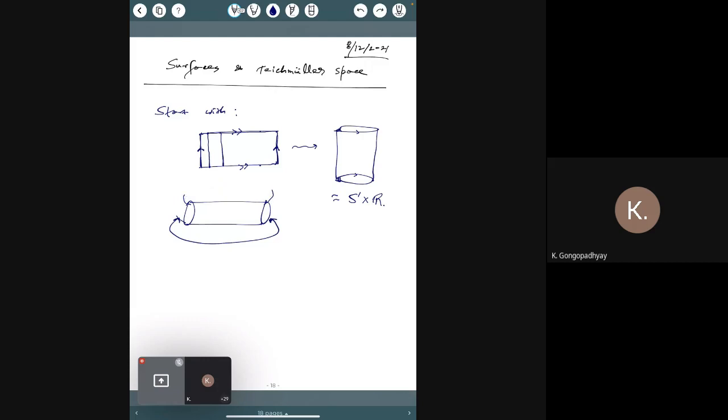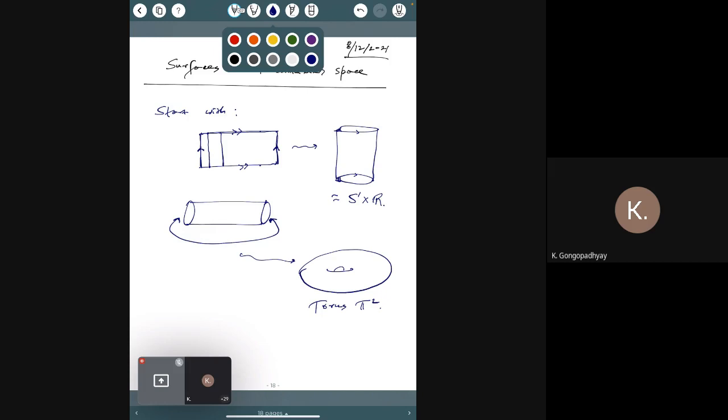Okay, so that will give you an object which we call a torus. It is like the tire